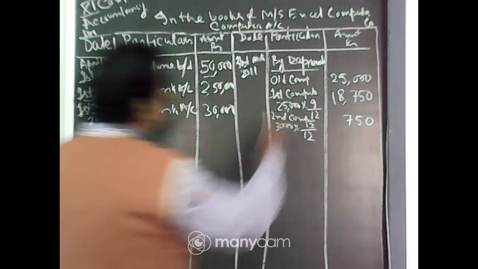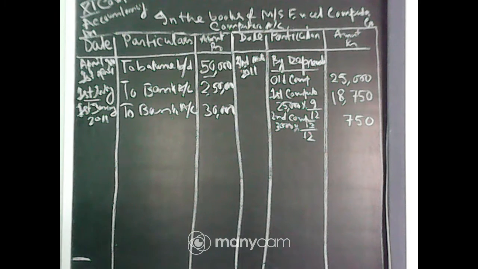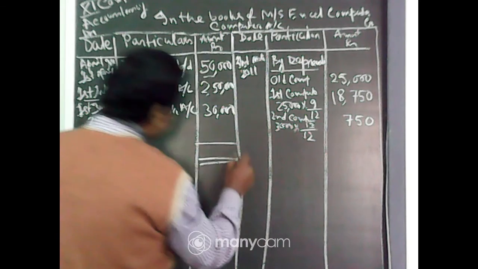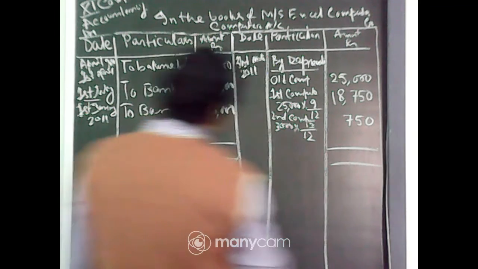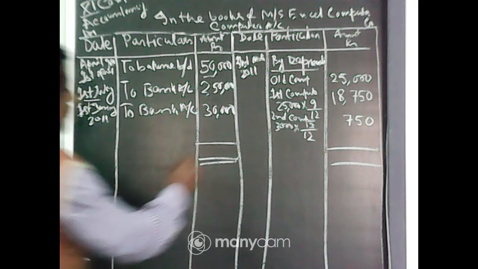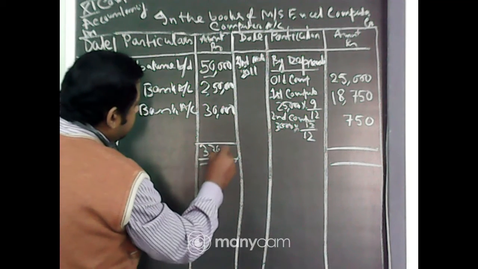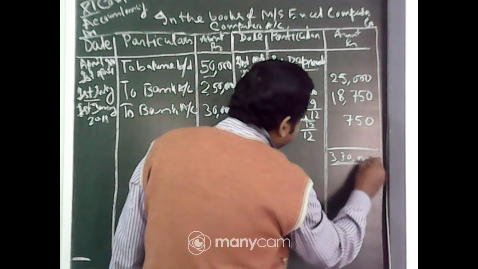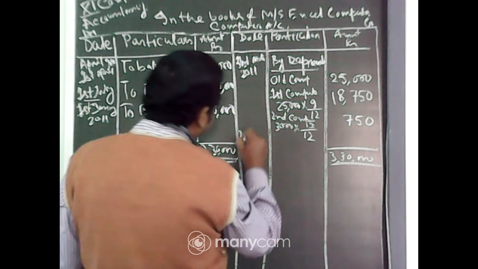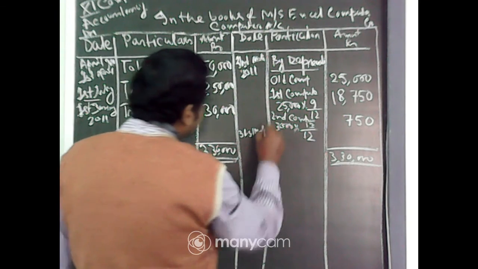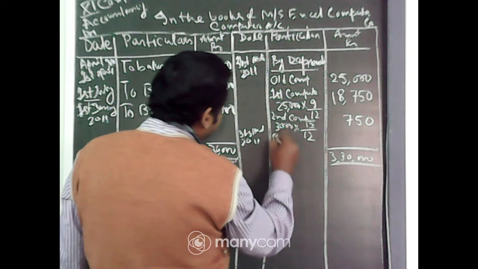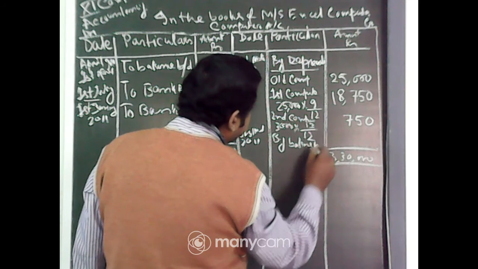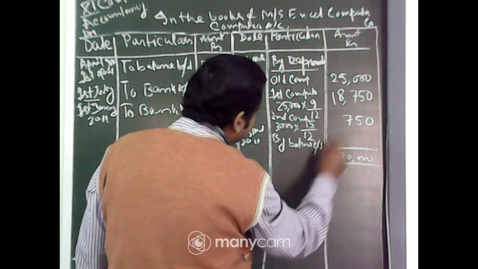Okay. So, that is 3 machines' depreciation we have charged, there is nothing else. So, we have to close this year's accounts now. Now, the debit side is more, 2,50,000, 3 lakh. So, 3,30,000. Here also in the credit side 3,30,000. Now, we have to reveal the balance, that is 31st March 2011, by balance BD, by balance CD, that is carried down.